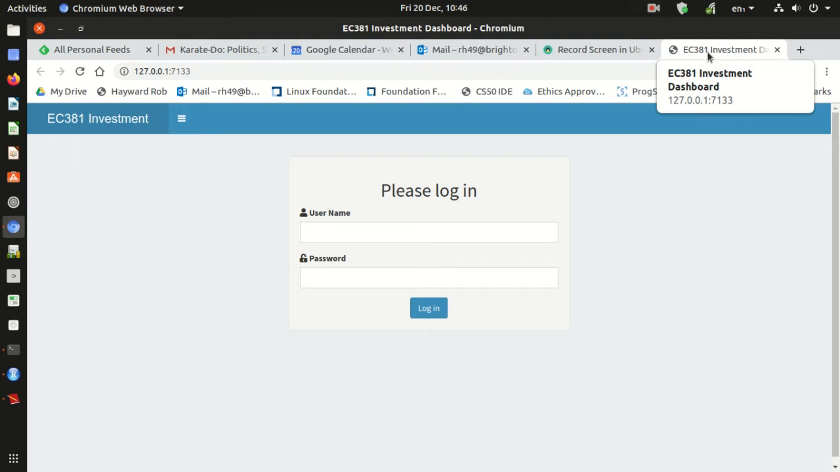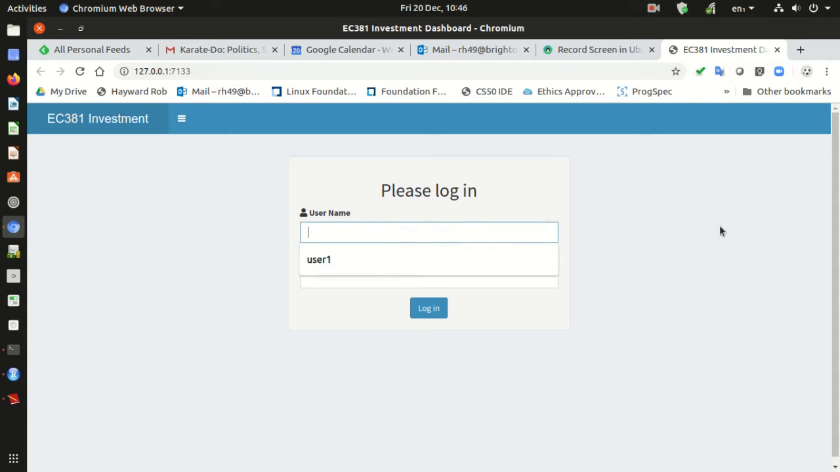Okay, so this is the link which will be the investment app. What you need to do is put in your username. That username is going to be your first name. So for example, I'm looking at the first person in the directory, which is Chidi,